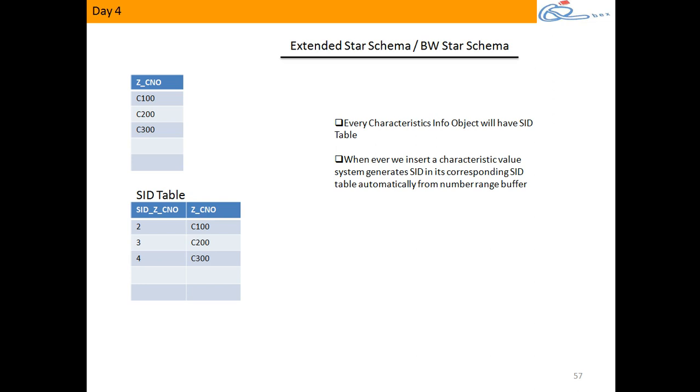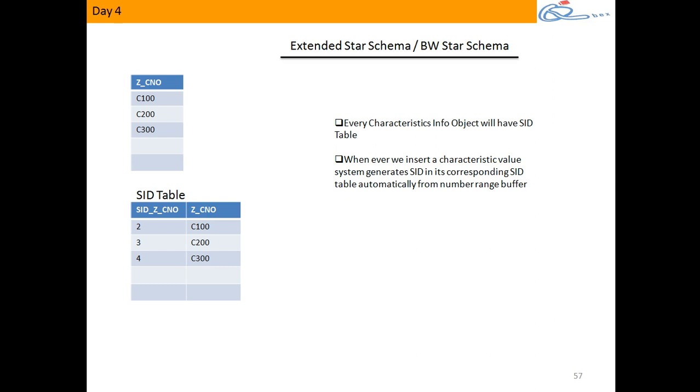Right? So why is it doing like this? Why is it generating one number? Basically, your customer info bit values are alphanumeric, C100, C200, C300, right? To convert that alphanumeric value into numerics, we are using this SID concept here. Why is it converting? Processing of numbers is much faster when compared to processing of alphanumerics. That's why you want to process the data faster, converting that alphanumeric value to a numeric value by using the SID concept.